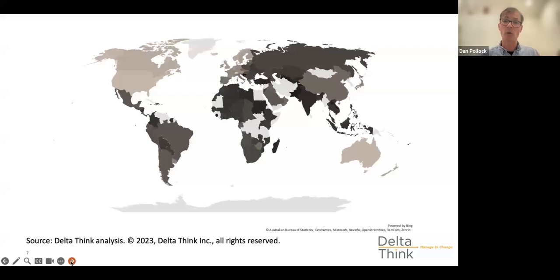But in actual fact, what economists have found is that currency exchange rates don't necessarily reflect what really is going on and how affordable something really is. The example of that is the Big Mac Index, where you could take a product that is pretty uniform and available in pretty well every country in the world and say, if you're in Brazil, a Big Mac will cost you the local equivalent of about $4.44.